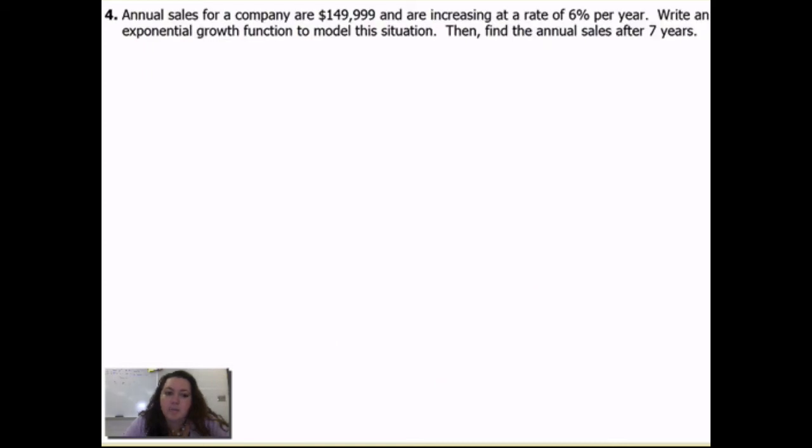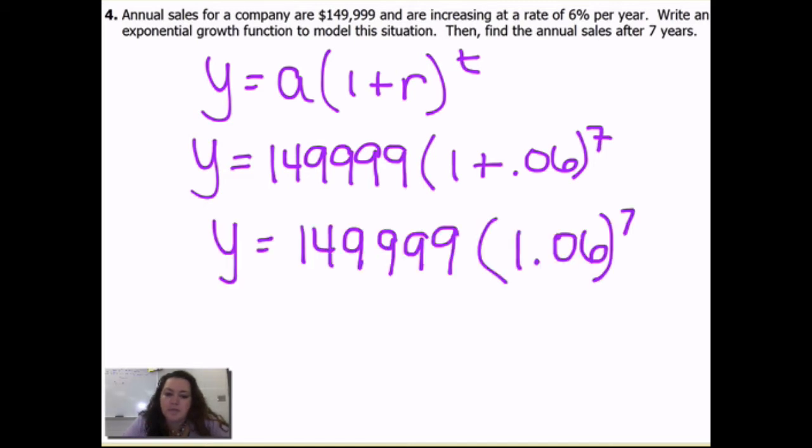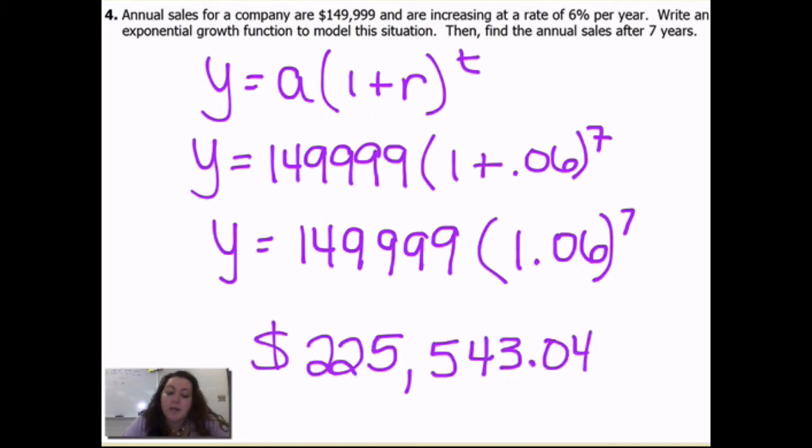Annual sales for a company are $149,999 and are increasing at a rate of 6% per year. Write an exponential growth function to model the situation, then find the annual sales after 7 years. So I'm going to plug it into my formula. That's what it looks like. Work inside the parentheses, add, raise it to the 7th power, then multiply it by 149,999, and I get